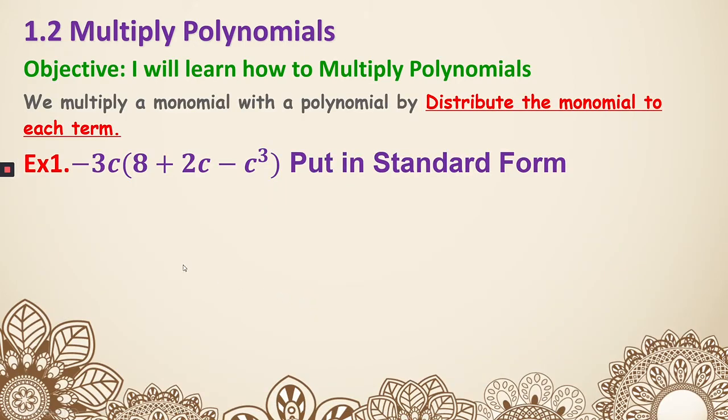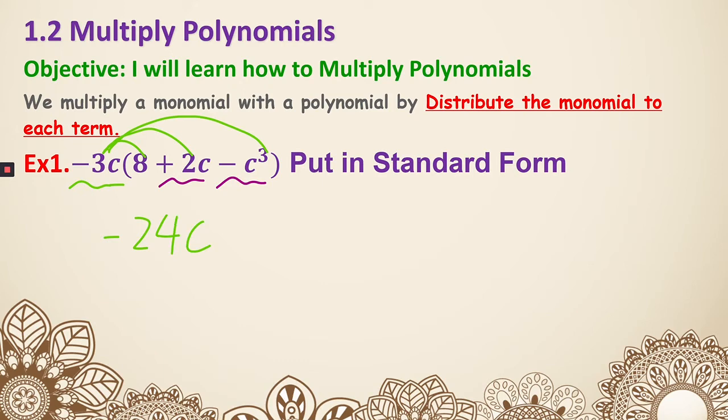Now let's have a look at multiplication. When we multiply a monomial with a polynomial, we distribute. And if you feel like you're struggling with that, draw some lines to indicate to yourself what you're doing. So we have this -3c on the outside of parentheses. Let's connect it with everything inside the parentheses. One thing I still need to emphasize is the sign goes with what's behind it. So first we have -3c times 8. That is going to be